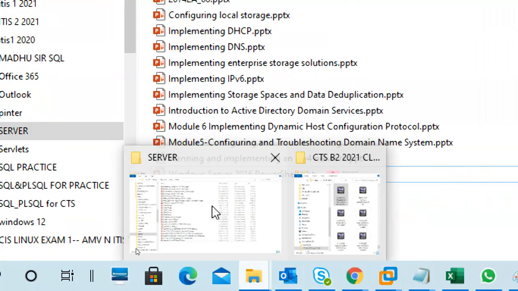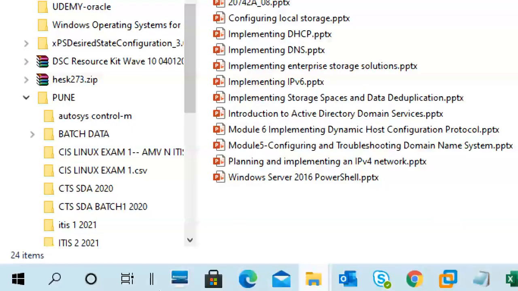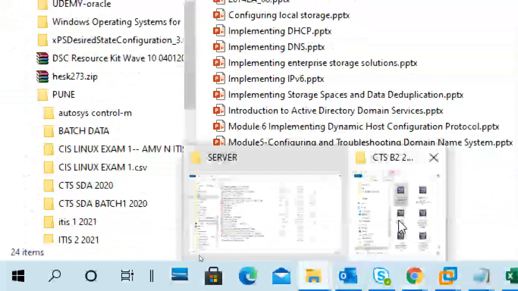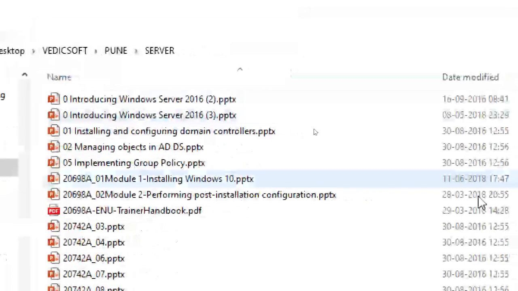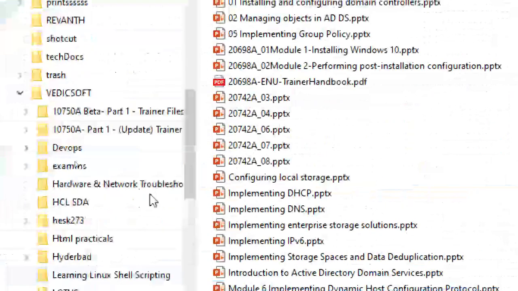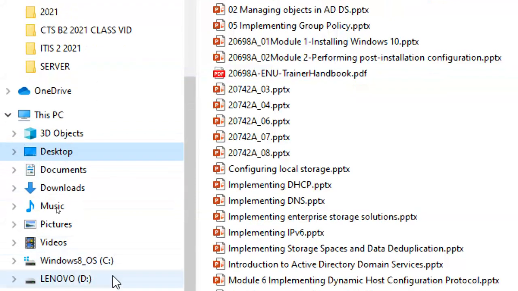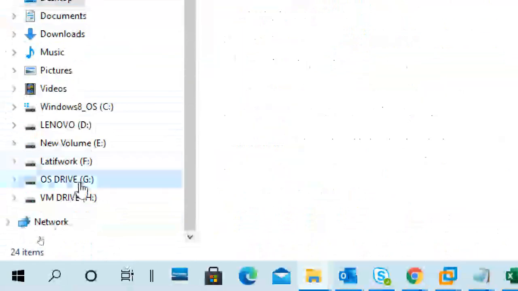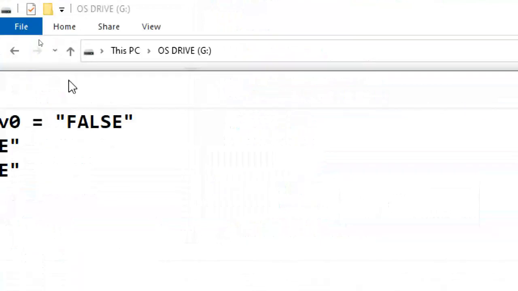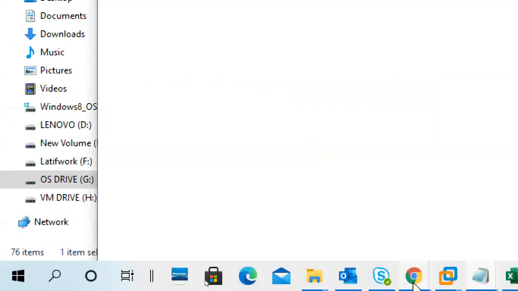One important thing we forgot here. We have to add three lines, compulsory. Otherwise, virtualization won't be supported. It installs, but it is treated like a virtualization kind of stuff.